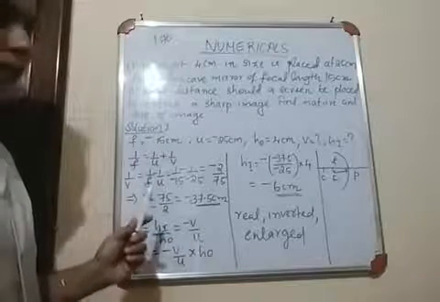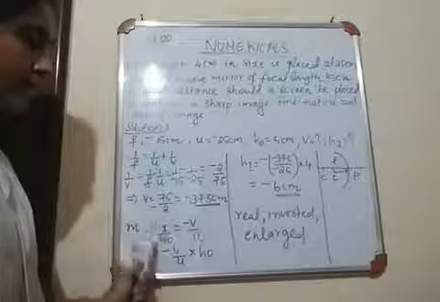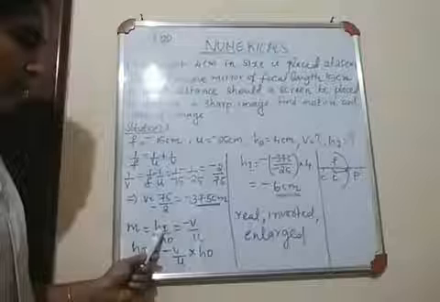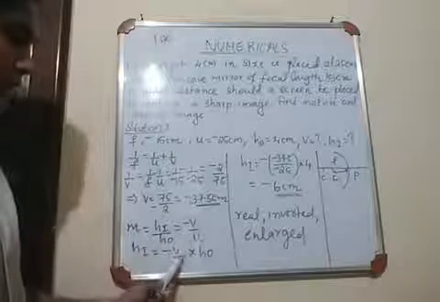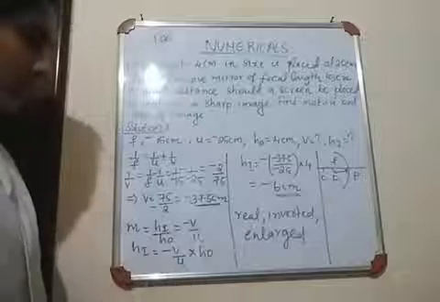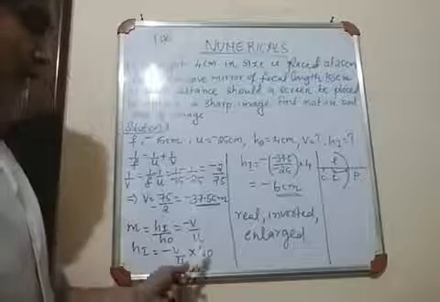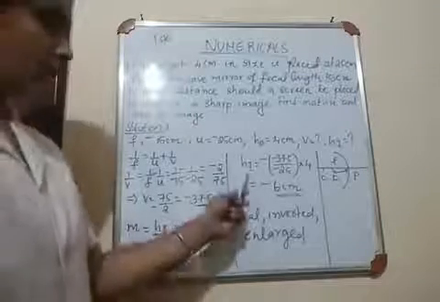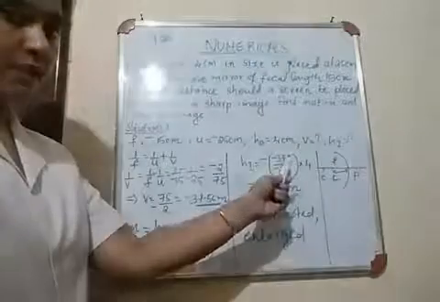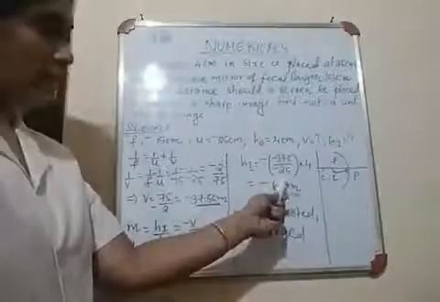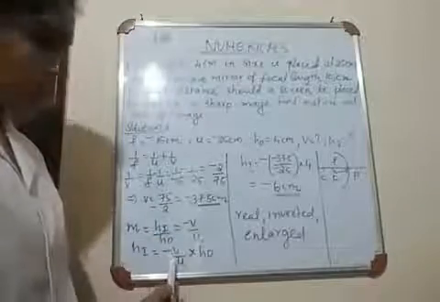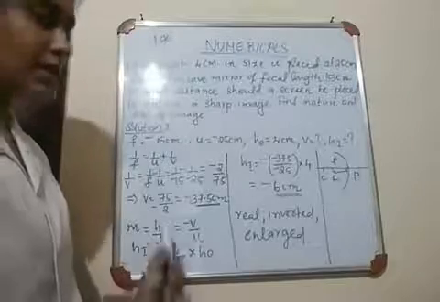Height of image by height of object, and minus V by U. In order to find out the height of the image, you need to combine these two formulas. It's very important. So from this, the height of the image is minus V by U into height of object. Cross multiply. We know V, U and height of object. Substitute V as minus 37.5, U as minus 25, and outside we have this minus. So never forget to use this minus sign here.